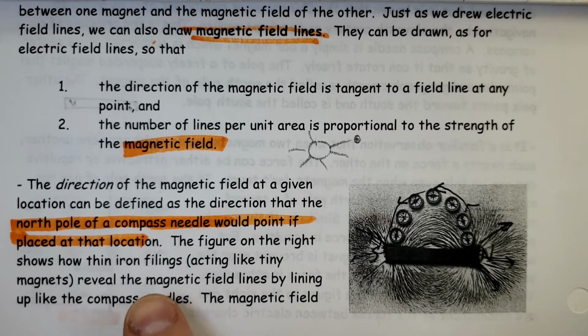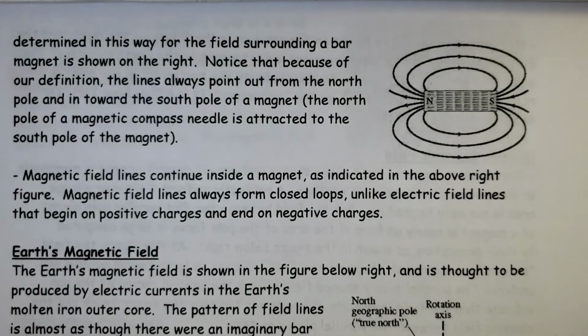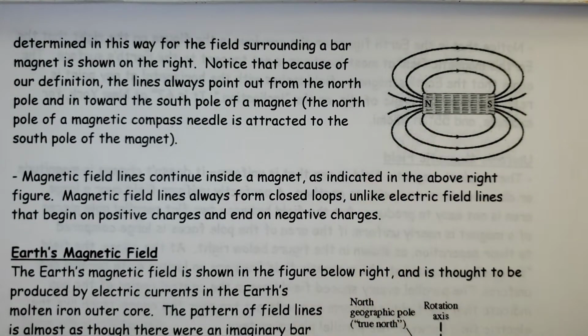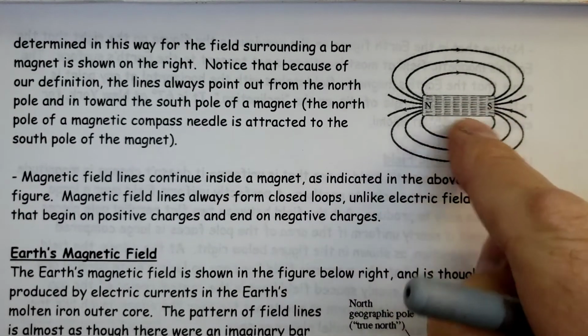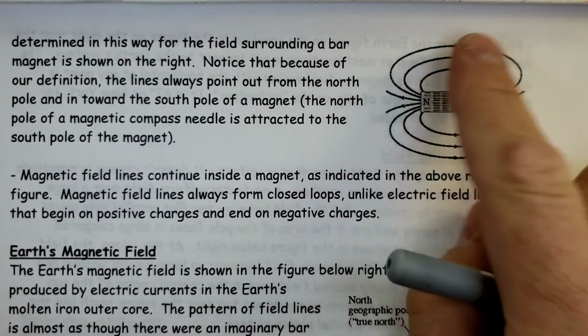The figure on the right shows how thin iron filings, acting like little magnets themselves, reveal the magnetic field lines by lining up with a compass needle. The magnetic field determined in this way for the field surrounding a bar magnet is shown on the right. I guess I had it reversed here, it doesn't matter. So if I drew the magnet like this, the north here, south here, so away from north and towards south